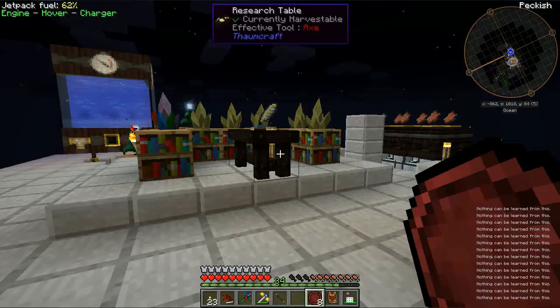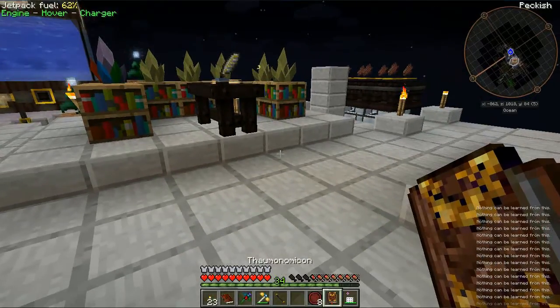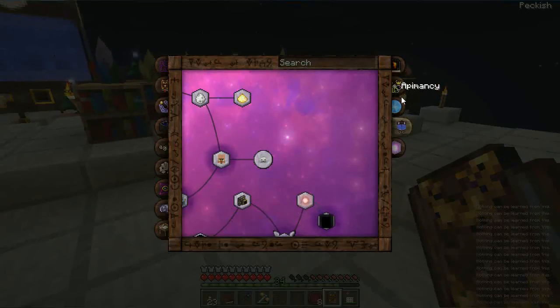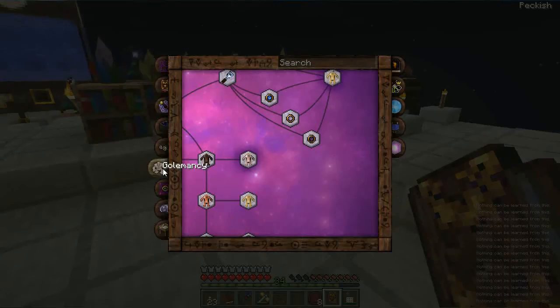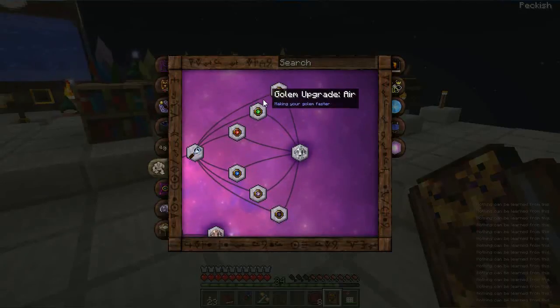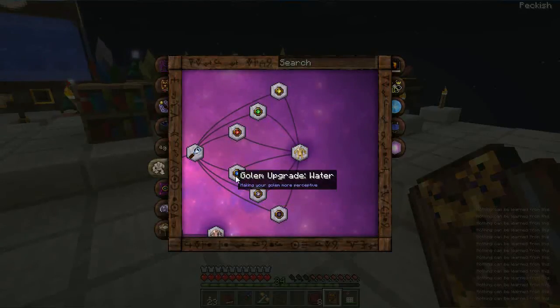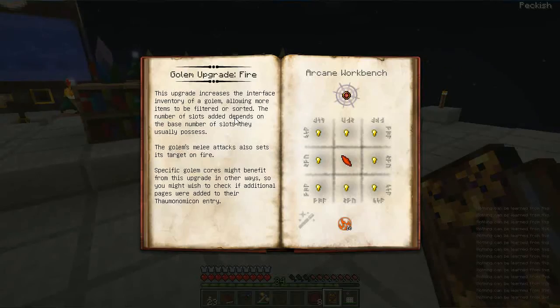Okay, this was a little painful, but I think I managed to actually get somewhere. What I ended up doing was going under the Golemancy tree, and I ended up getting all of the Golem upgrades. These were pretty simple. They actually did not use a lot of research, but basically these items